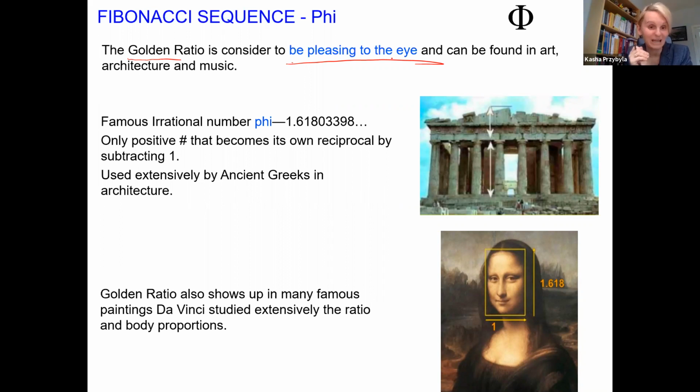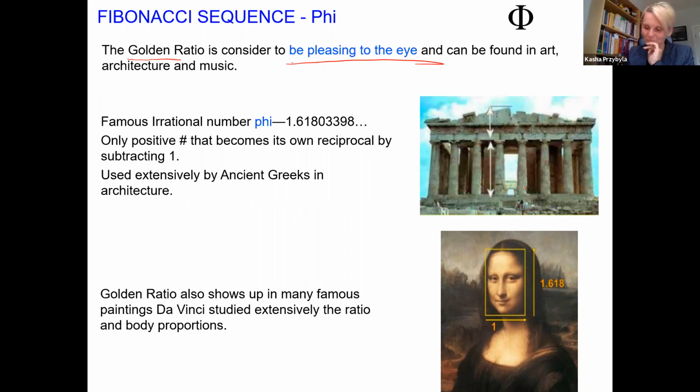Because it's so nice to see this, that's what we like. People are using this everywhere. As I said, in art, architecture, music, everywhere will be the proportion, because it's just the most beautiful view,